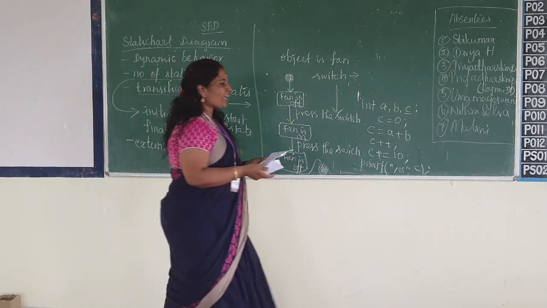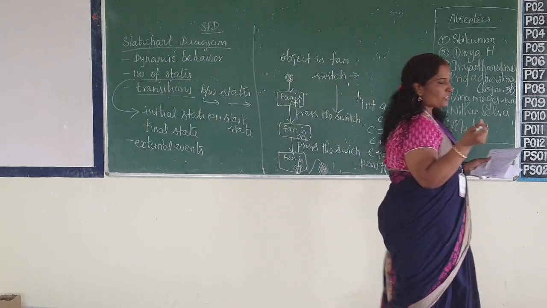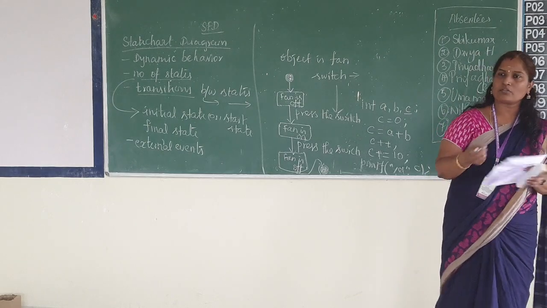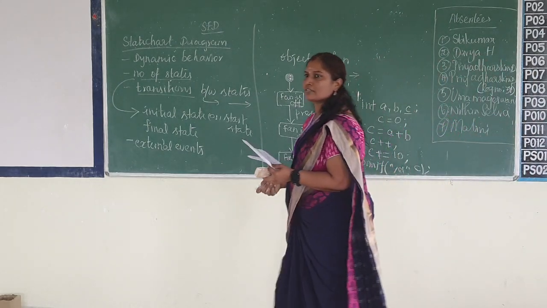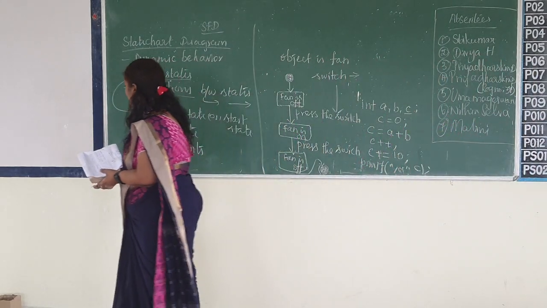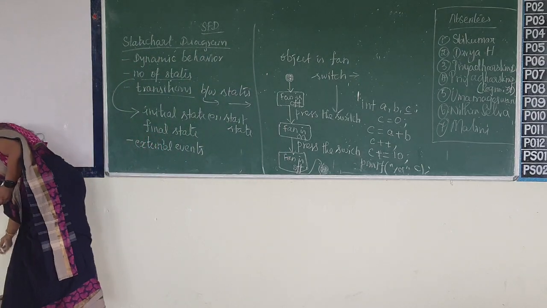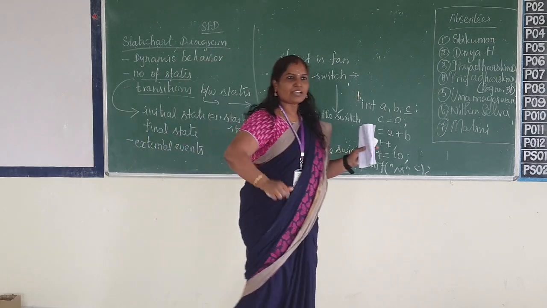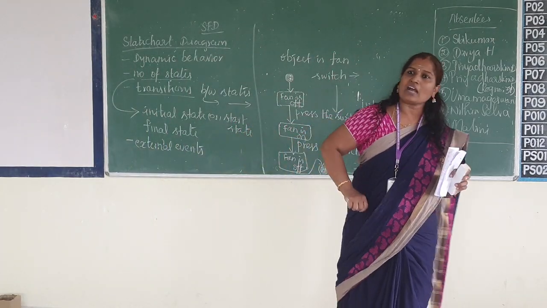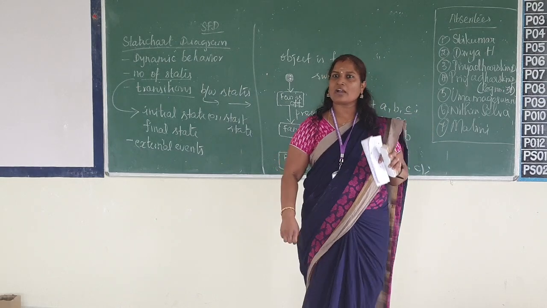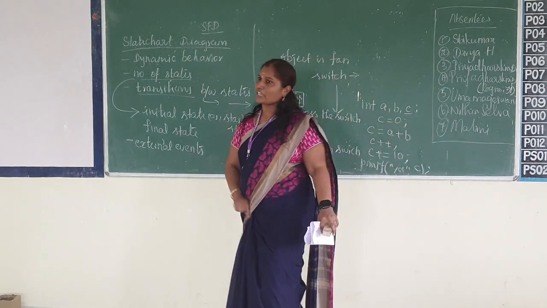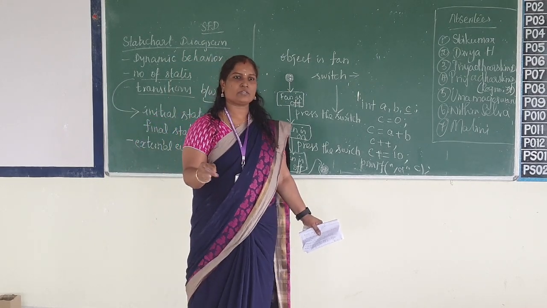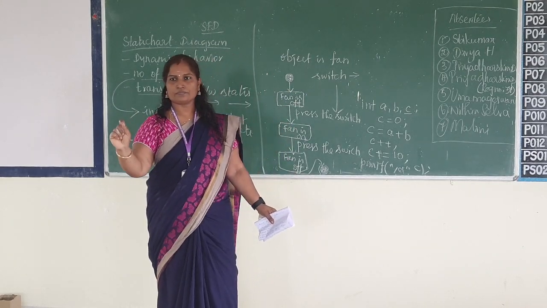Okay? So now we will take one example. You are familiar with using an ATM card, right? So what exactly is the process taking place? What are all the things you do to use your ATM card? First, you go to the ATM machine. That need not be considered. Okay. So ATM card is an object. On that object, what are all the things happening? Right? So you insert the card.